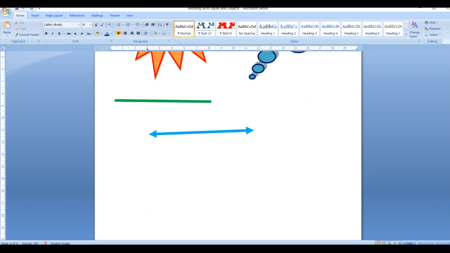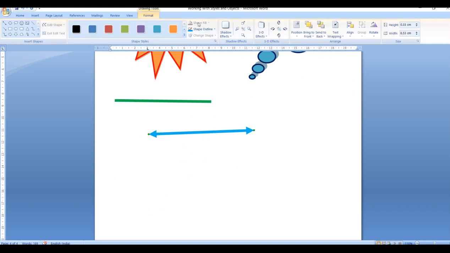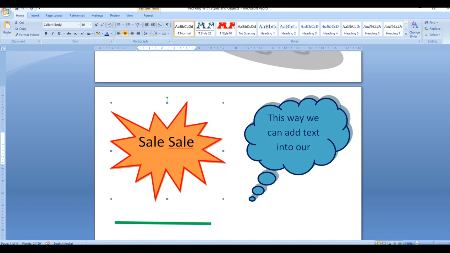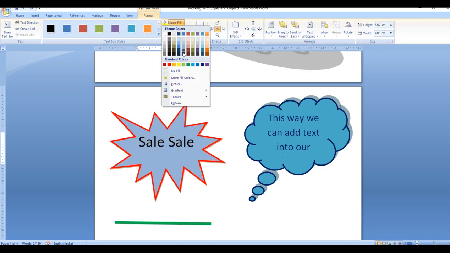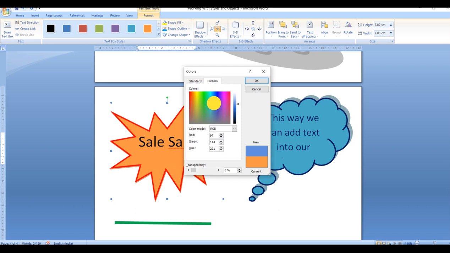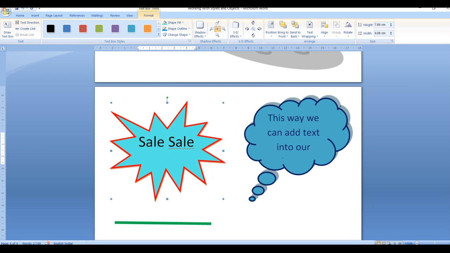So here we can fill the shapes with the help of the shape tool, shape fill. So go to the shape fill. You can fill the color with the help of the shape tool. So here is our shape color. You can color it as per your requirements. Even you can go to the shading whichever you need. Say okay, that color will appear in your shape.